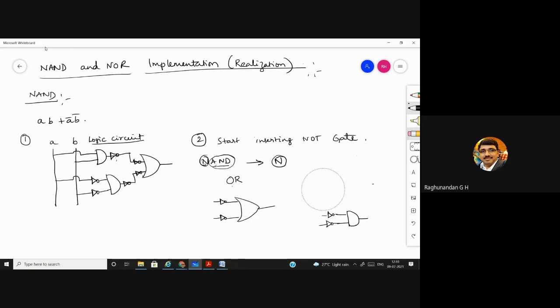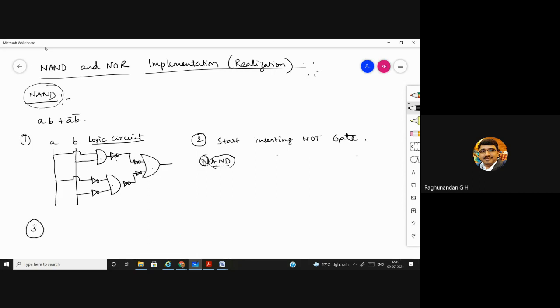As of now, we are discussing NAND, so let us stick to that and first get clarified with this. Now I have added NOT gates since we are discussing NAND realization. At the output of AND, you should put NOT. At the input of OR, you should put NOT.